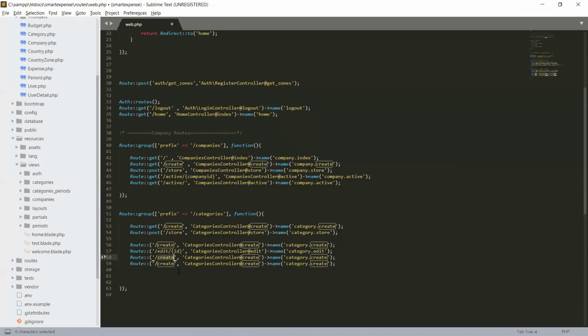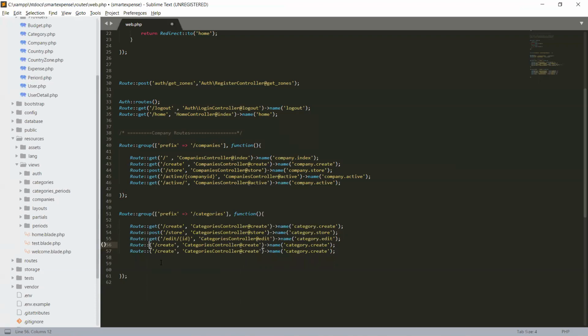So we use a method post. Where is create, store, and edit? Let's remove it. Okay, so create, store, and edit. It will be a get request, and it will access the form to edit the field.